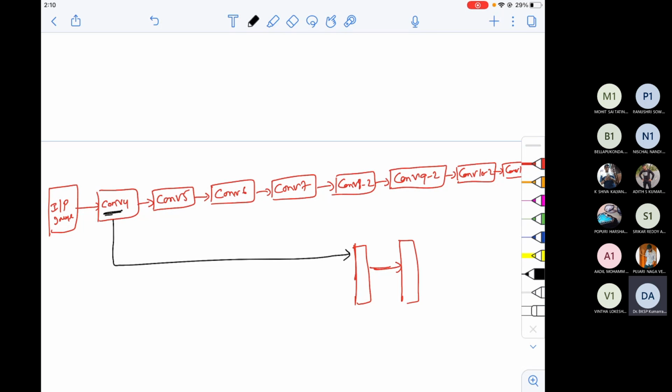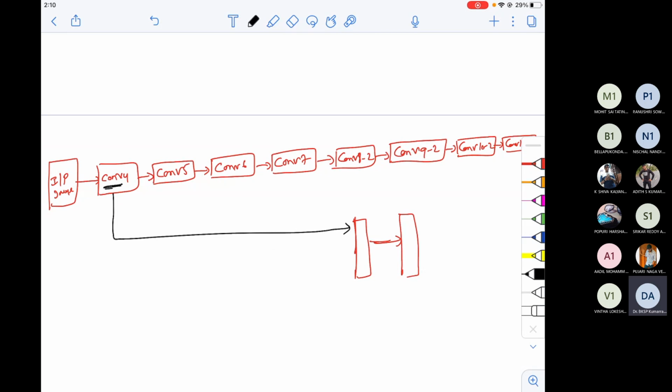Now this output is sent to logistic regression, and I get some threshold values for every box. So convolution layer 4 will propose boxes. Again, how does it propose? By drawing boxes around each pixel.